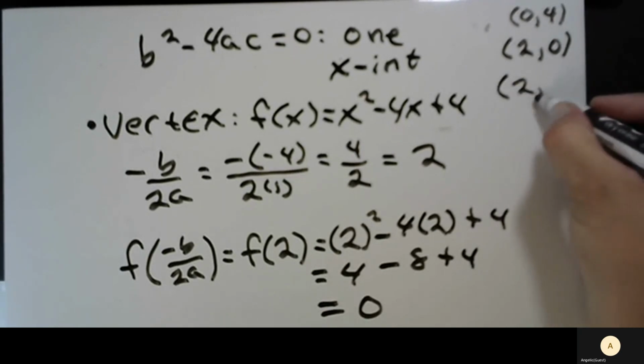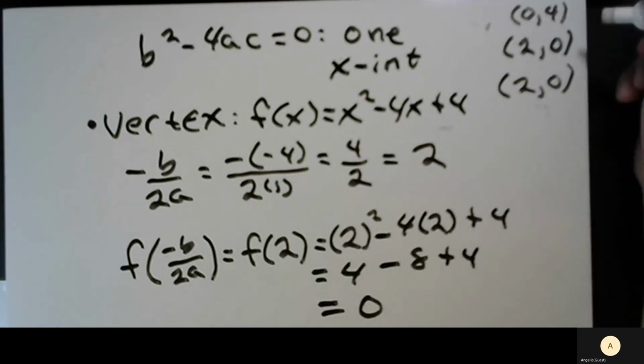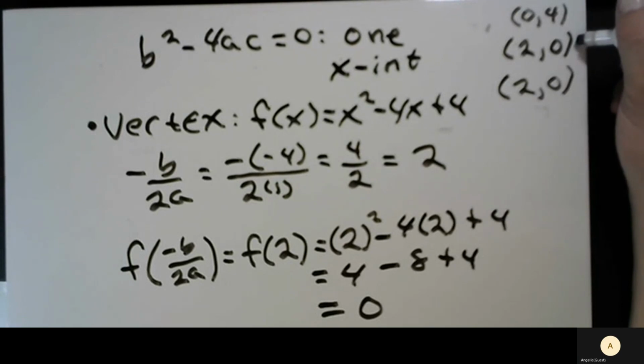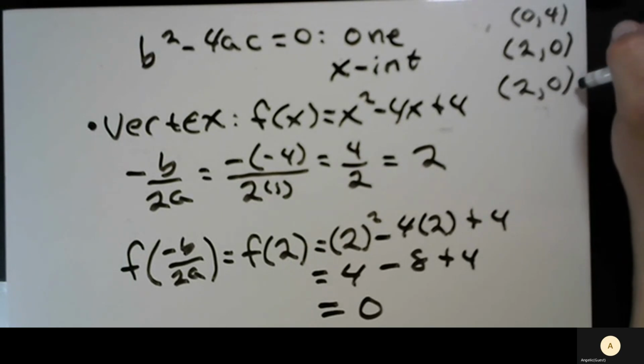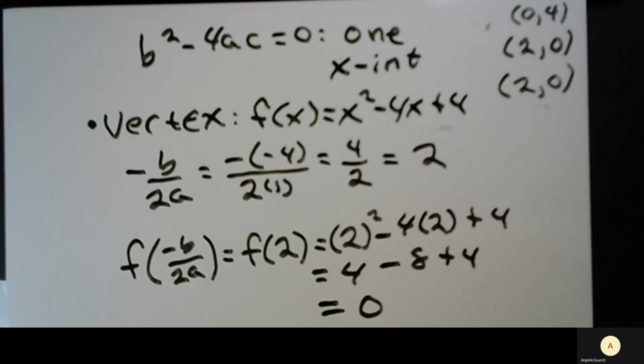So take a look. With this one x-intercept, it's the same point as the vertex. So if we graph this,